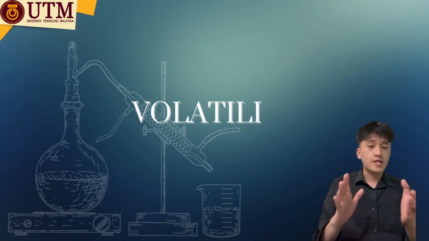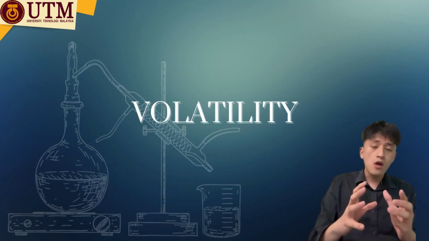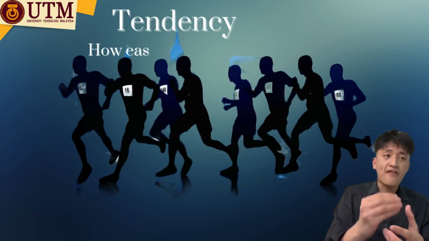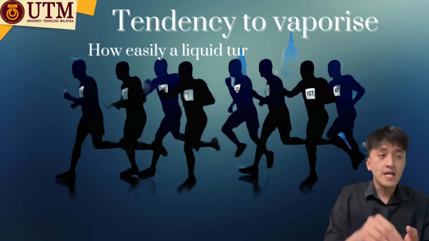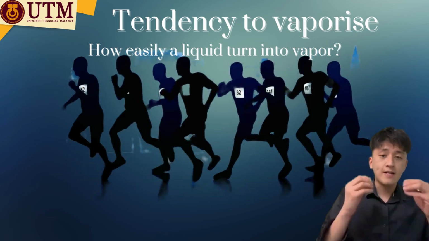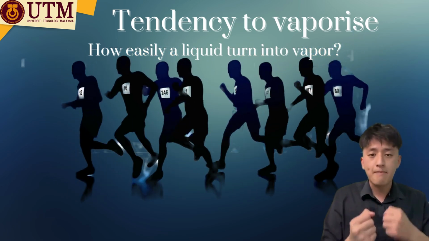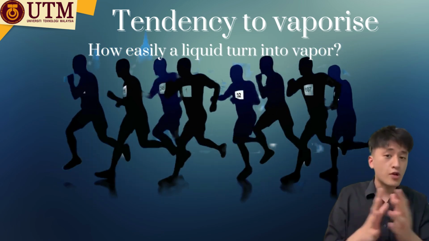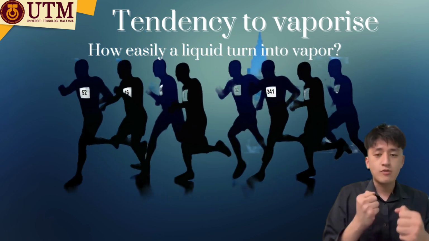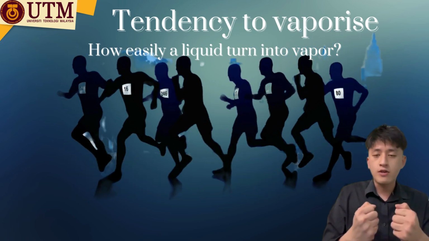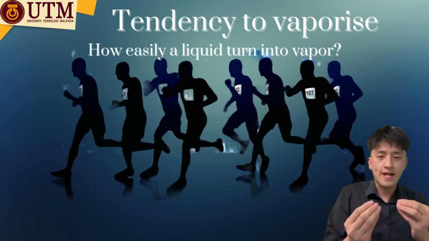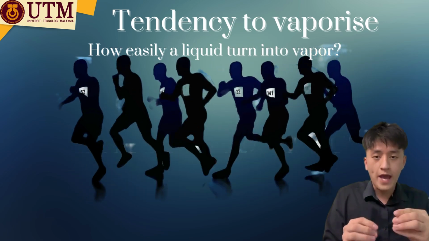Next, let's move to the next term called volatility. So, what is volatility? Volatility is defined as the tendency to vaporize. It determines how easily a liquid turns into vapor. Imagine you are participating in a marathon. The same goes for the components in the liquid. They compete among themselves to see which components will be vaporized first, and this tendency is what we call